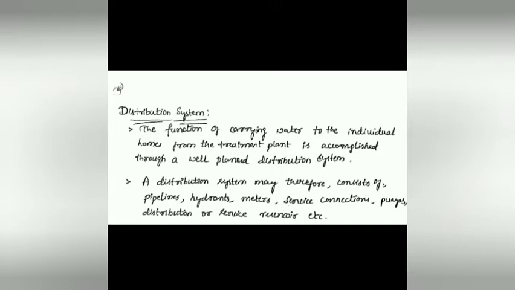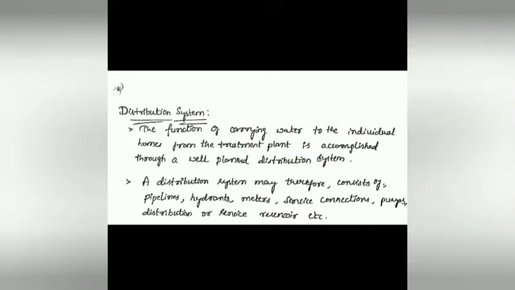Generally, the pipes that are coming to our houses are the supply lines. Whenever the main line is running like this, it is a main line, and from here we can take out the sub main. So this is a main, this is a sub main. If houses are located like this, from the sub main, connections are given to each of the houses. This we call laterals. So this complete connection is needed in order to make it a good supply system.